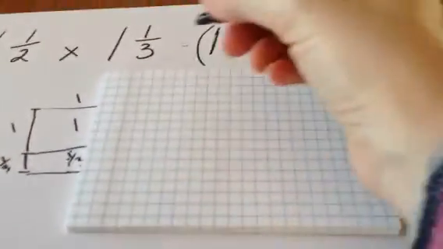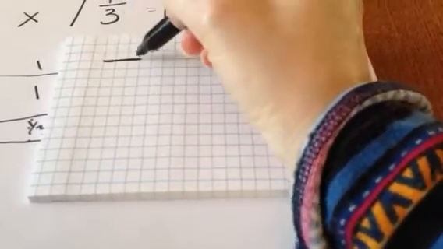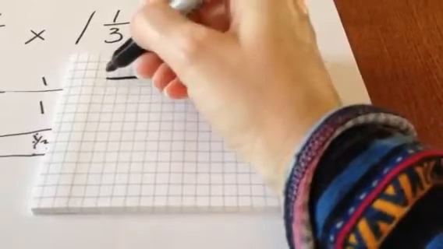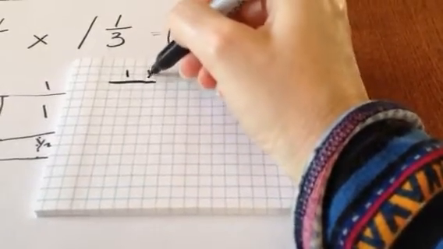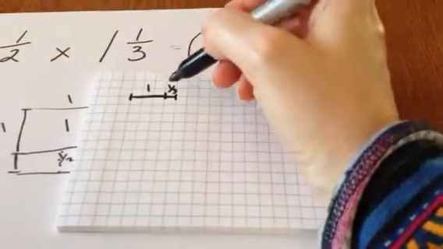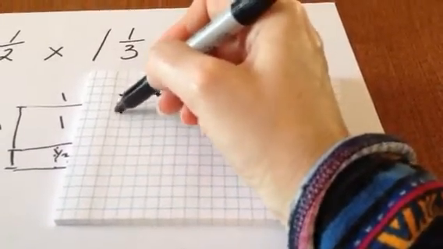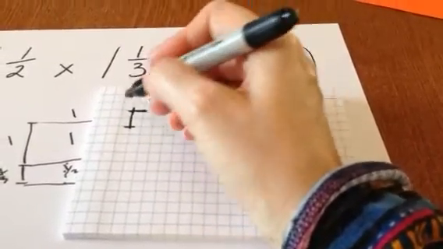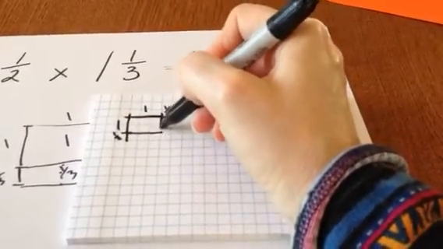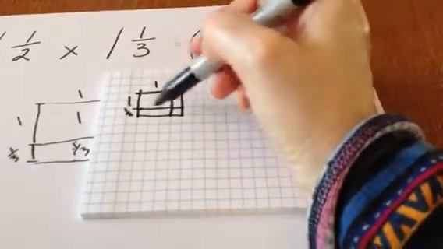I'm going to use some grid paper this time. And I'm going to identify the length in this direction as our 1 and 1/3. Notice that I've created a length of thirds so that it was easy for me to identify where 1/3 would sit. Here is our 1, but I'm only going to create that in something that's easy to half. That's 1 and 1/2. And once I identify those dimensions, I end up creating a grid that I can count